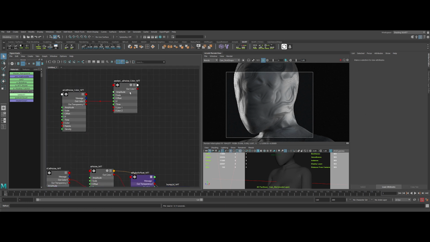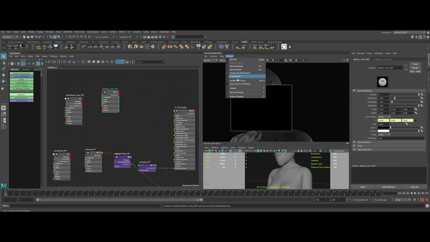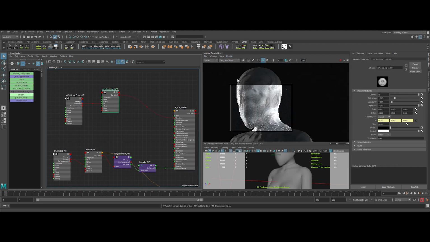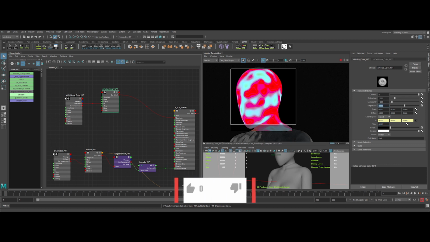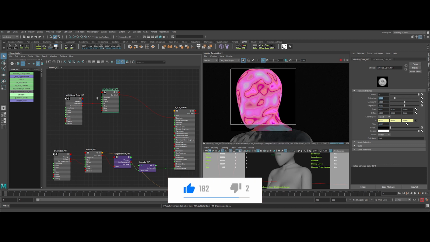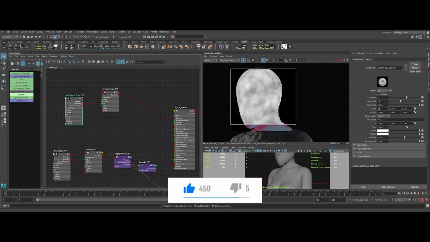Okay, now let's create some color values for the base color. Let's duplicate our two noise nodes. Okay, we can refresh and preview it in the IPR. Now we can change in the AI noise node the mode to vector to input some colors. With the time input, we can cycle through the noise color variation. Let's tweak the other settings as well. Now let's tweak also the AI cell noise.